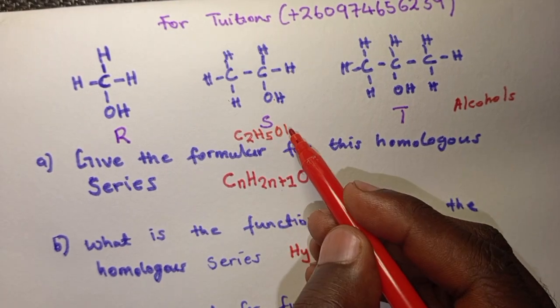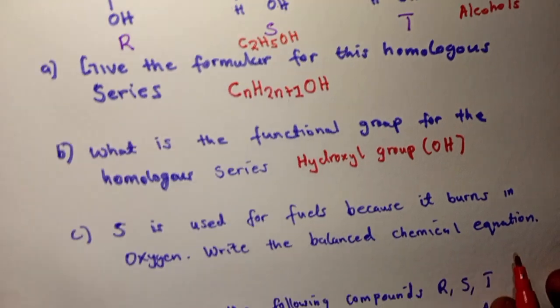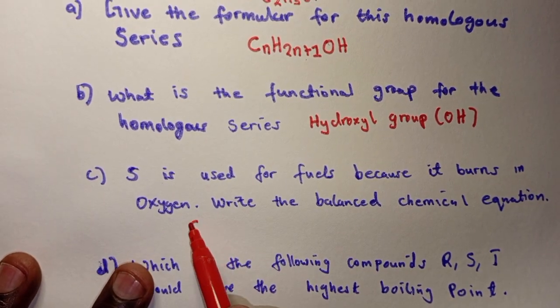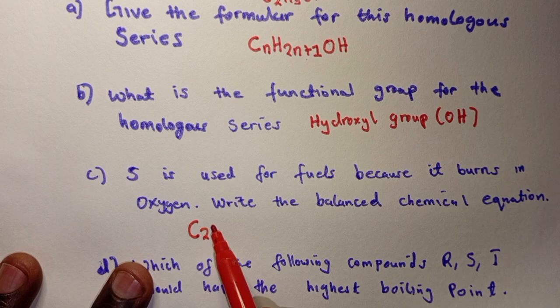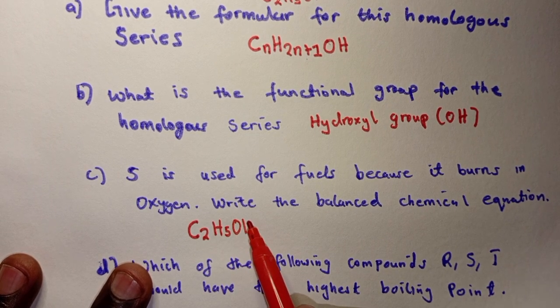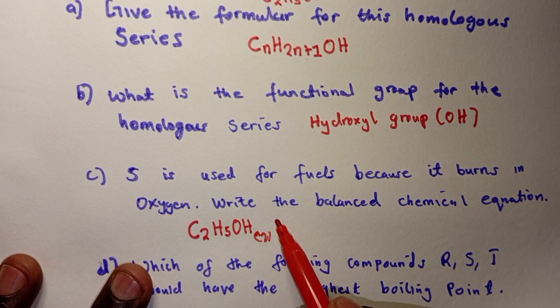The functional group is always written at the end. The equation will be C2H5OH, aqueous, plus